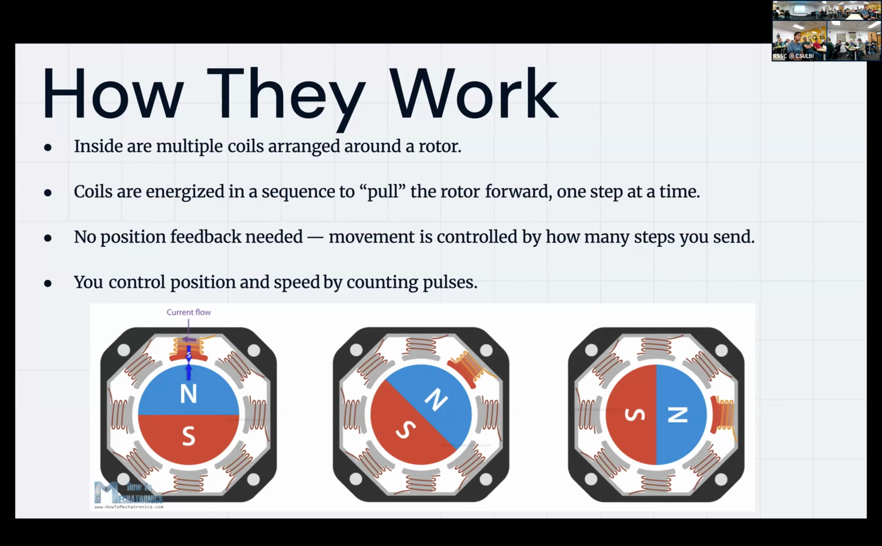There are multiple coils along the outside arranged around the rotor. There's no position feedback, so that's why your 3D printers are always homing themselves, so that you can get to a known position, because they don't know. There are some that do, so there is a caveat to that,